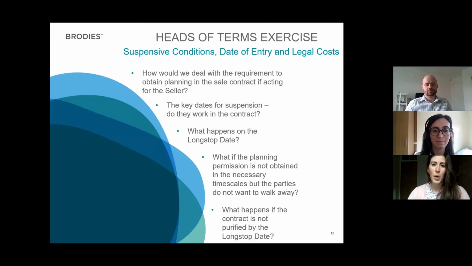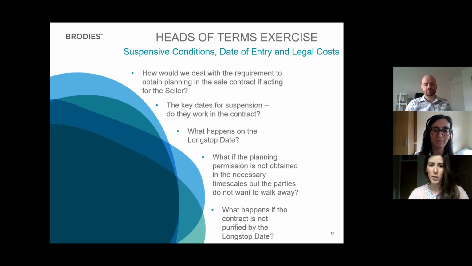So first, we would insert the requirement for the purchaser to apply for planning permission into the draft. Then second, we would impose other positive obligations onto the purchaser, such as to keep the seller up to date with progress made throughout the planning application. And then third, we would insert a set time limit, or better still, a timetable, setting out the key dates